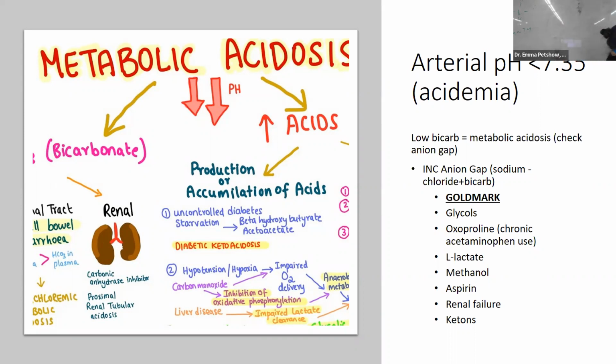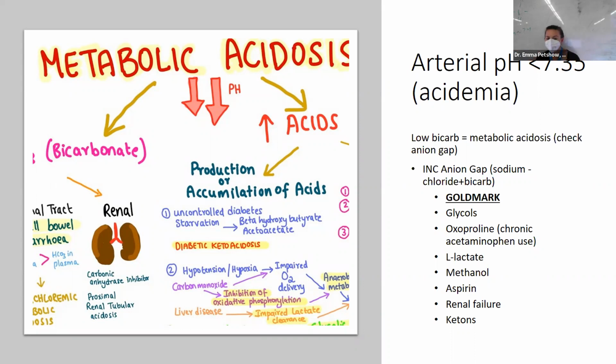The first thing you would do is check your anion gap. What is an anion gap? Great question. Anion gap is sodium minus the sum of chloride and bicarb. So if you have an acidic pH, a low bicarb, and an increase in your anion gap,